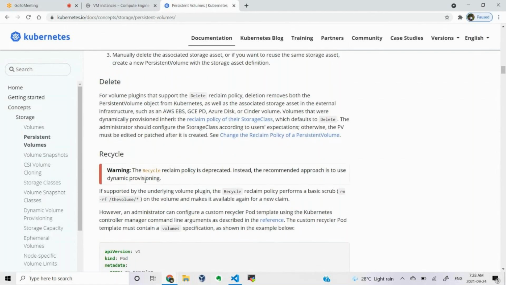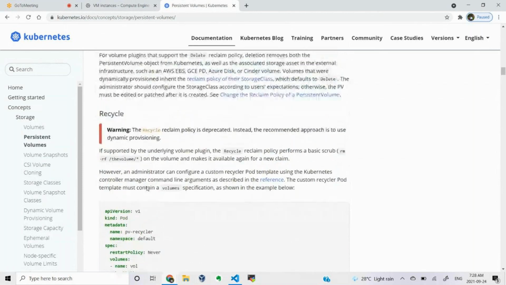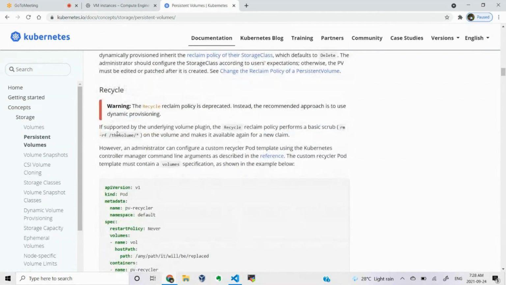So what is recycle? Let us try to understand, then I will show you what is delete. The recycle policy is simple. When I execute the rm -rf command on a directory, with a star, all the files under that directory will get cleaned up. Now this directory looks like a new directory.